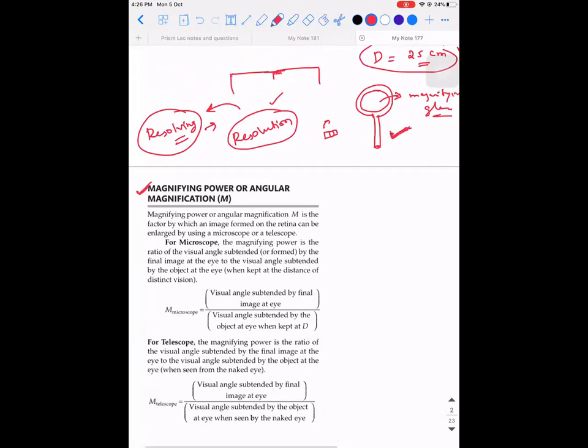That's it. And you would have seen a compound microscope, right? At least you would have heard of these things. So what does a compound microscope do? Where do they use them? They use them in the biology labs, right? They put something on the plate and they try to view it, right? Those are all very tiny particles. So to magnify those tiny particles, what they use is a compound microscope.